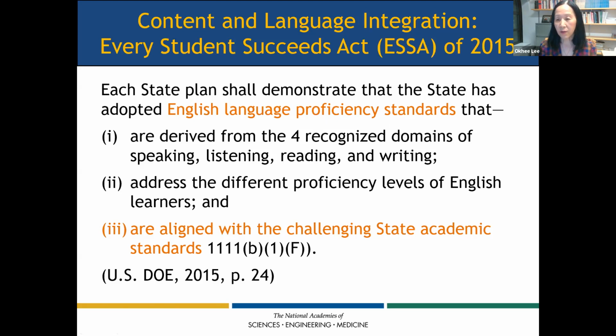So ELP standards are not just the English language. ELP standards should be aligned with content standards. What is interesting and important is that we don't say science standards are aligned with the ELP standards. Instead, ELP standards are aligned with the content standards. And that's the role of the content people, to say that English learners are learning language. They also should be learning non-linguistic modalities, but they also should be learning content standards. And that is very important, that we have not gotten to.